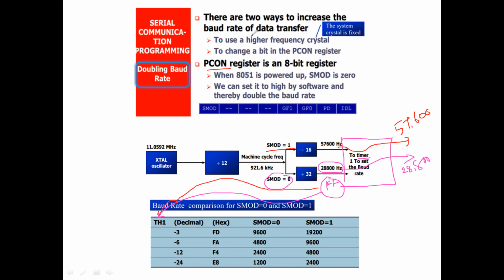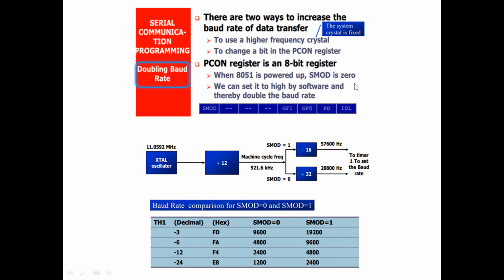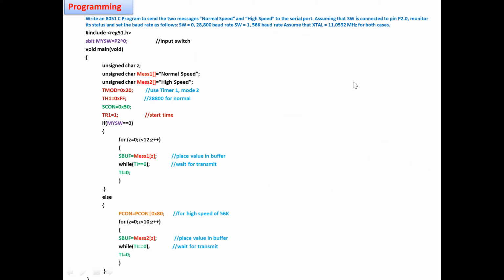Now we will discuss a simple program. We take two arrays, that is, sets of characters. For example, two messages: normal speed and high speed. I want to send these characters to the serial port. The serial port has two pins, one for transmitting and one for reception.